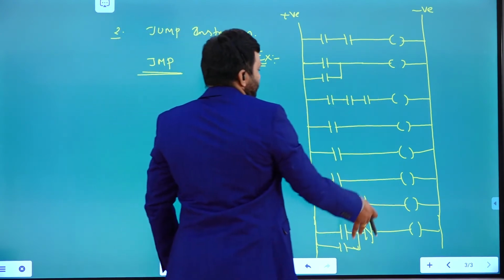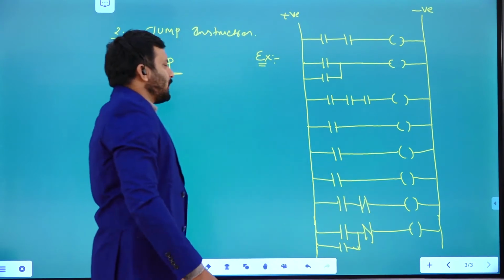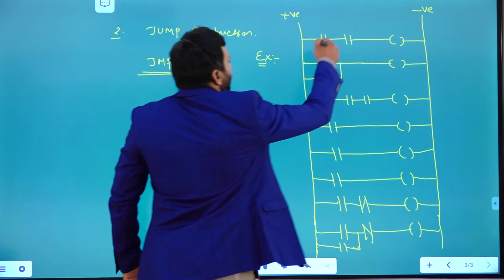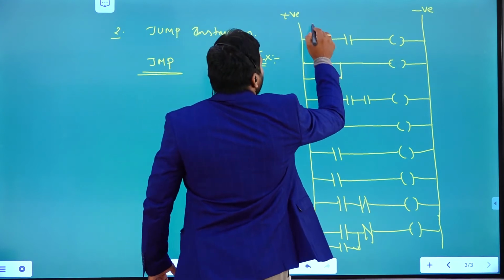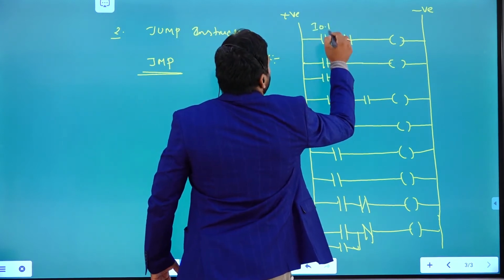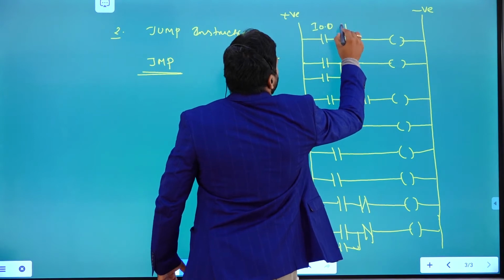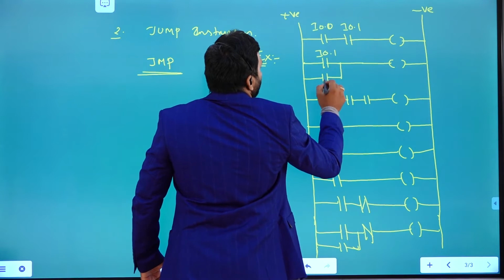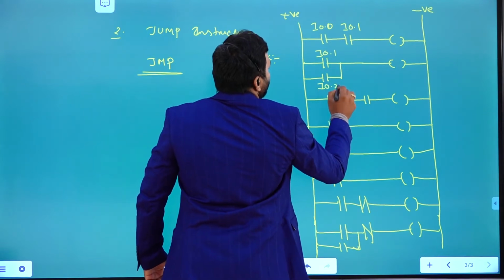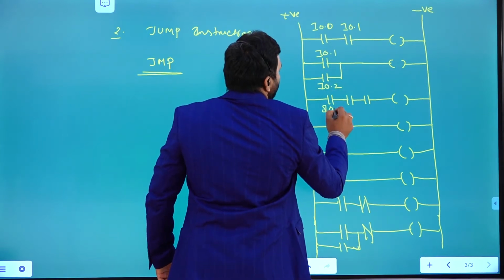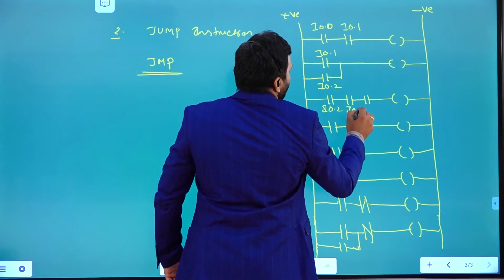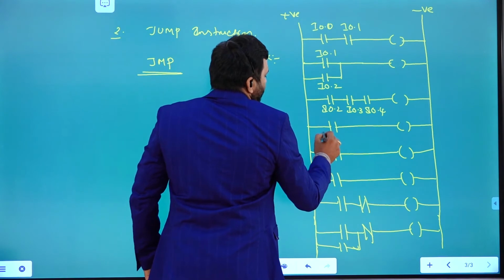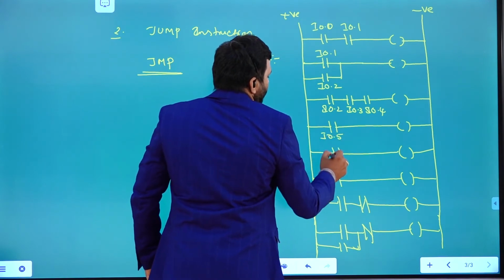So you can see the total program I have given using simple contacts and coils, right? It has some addresses, like I0.0, I0.1, I0.2, I0.3, I0.4. So like that, five inputs are going to be taken.